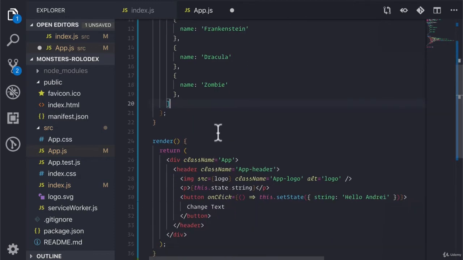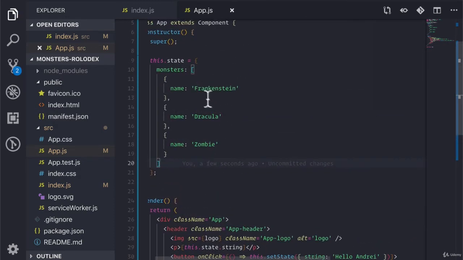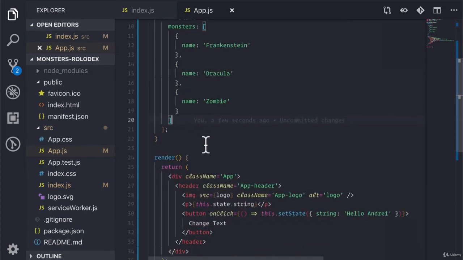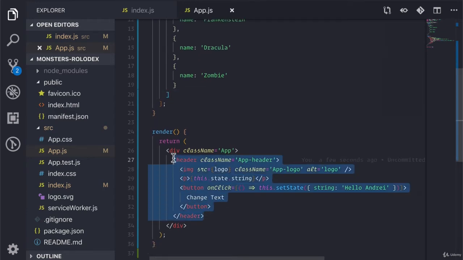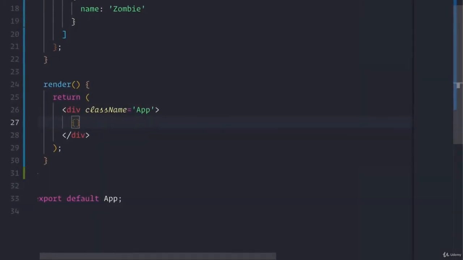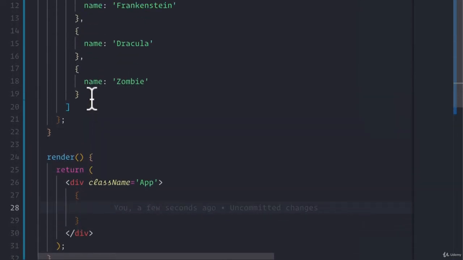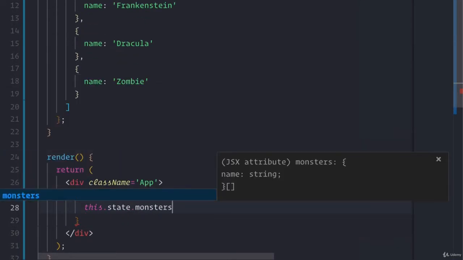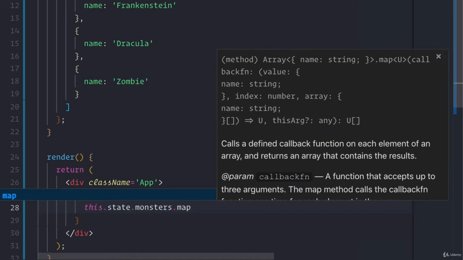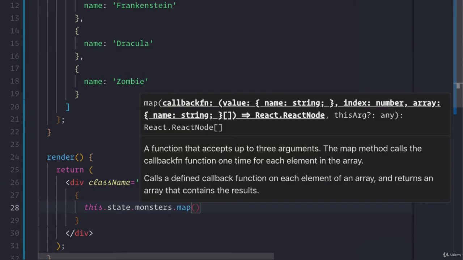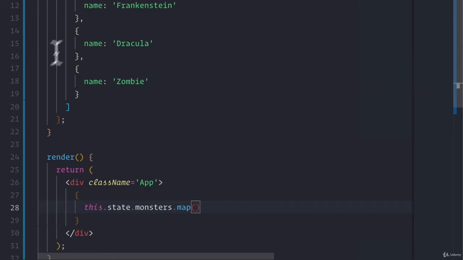So here, I want to render, let's say, just a bunch of H1s with the actual names of these monsters, right? So how I would go about doing that is, I'm going to get rid of this because we don't need this anymore. And we write our curly braces because we've got to render some JavaScript, right? So now between these curly braces, we can really render any JavaScript that we want. So I am going to call this.state.monsters.map because map returns us the return of whatever function we pass to it, iterated over every element in this